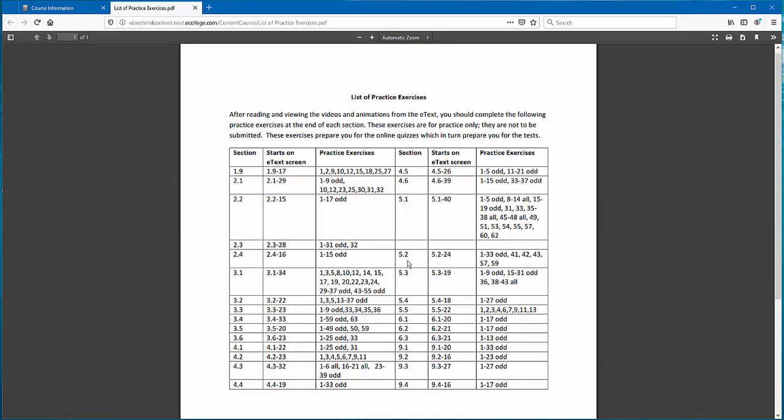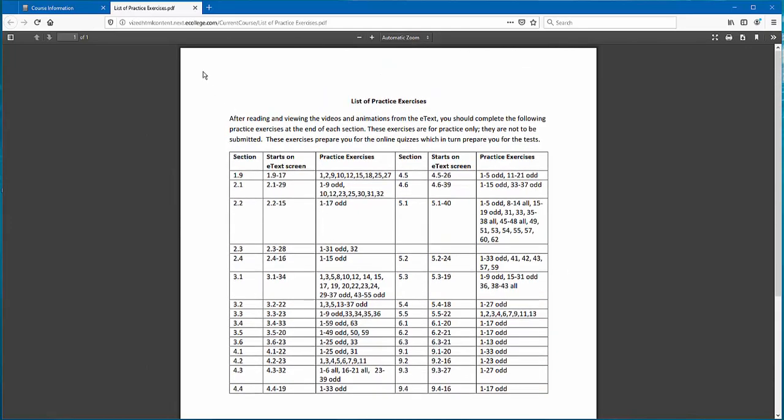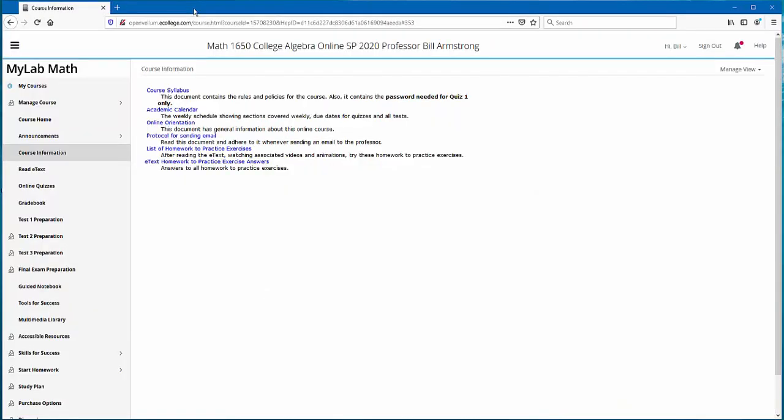Section 5.2 starts on e-text screen 5.2-24, and I say these are the problems that you should practice. So this is for every section that we will cover over the course of the semester. So please print this out and have a copy on hand. And then finally, the e-text homework to practice exercise answers. So all those exercises that I have indicated you should do,